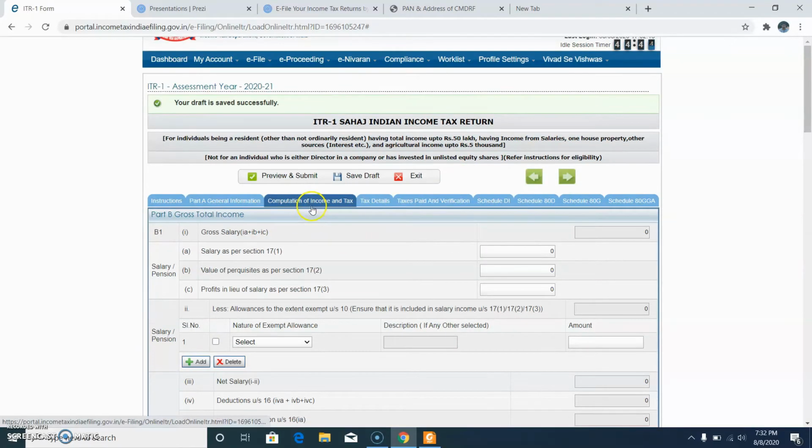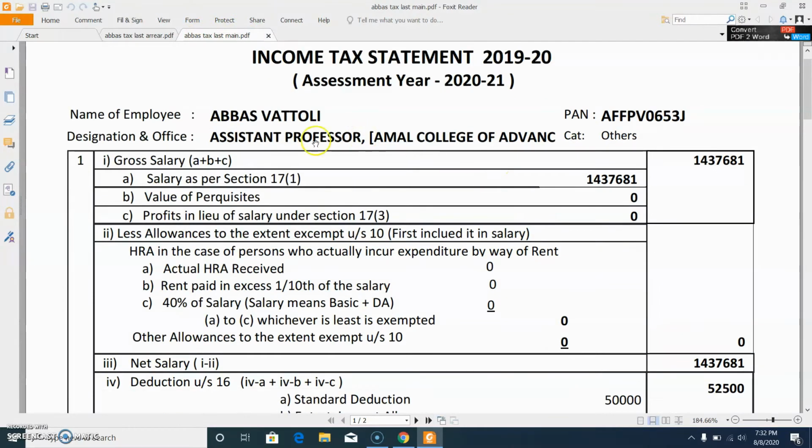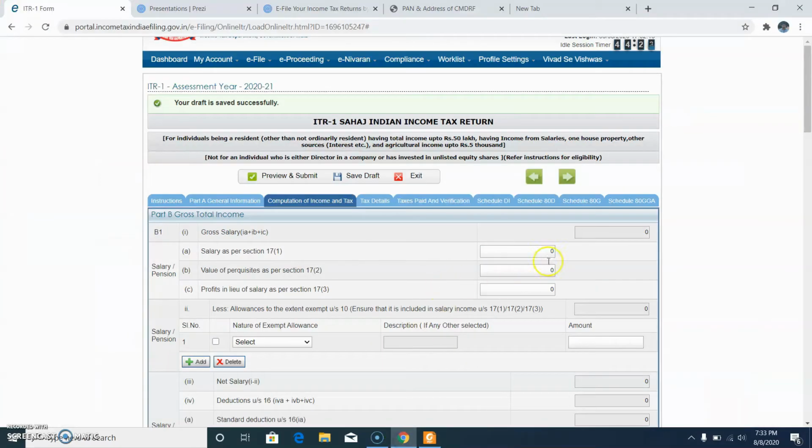Then see, this is the second part. You have to enter the salary details here. All the salary details are available in your tax statement that is submitted along with your February tax bill to the treasury. This is the tax statement. Here salary is shown as 14,37,681. So you have to enter that detail here,